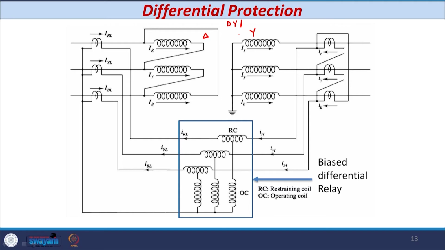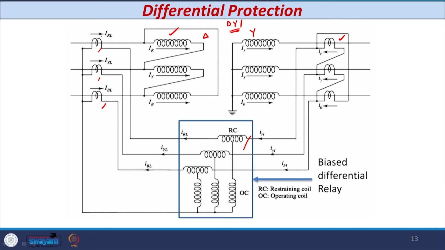Now, the remedy to compensate the 30 degree phase shift is this: whatever CTs I use on the delta side of the winding connection, I connect in star, and whatever CTs I use on the star winding side of the transformer, I connect in delta. So the line CTs on the delta side are connected in star, and on the star side the line CTs are connected in delta. Keep in mind this delta should be the same as the dy1 connection like this. If you connect like this, then the phase shift can be avoided.